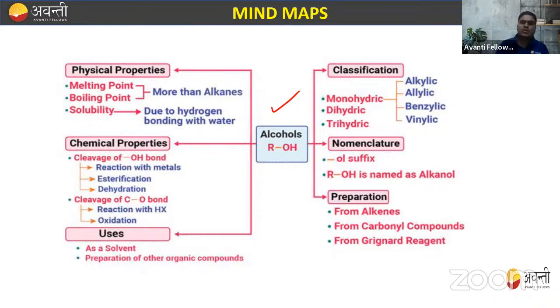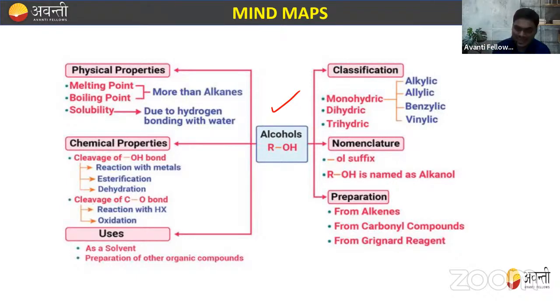So in breaking of OH bond, we react with the metals, esterification, dehydration. Similarly, in the breaking of CO bond, we study about the oxidation and the reaction with the HCl, or we say HBr, all these things. Use. So we use alcohol as a solvent, a very good solvent, and in the preparation of other organic compounds. Classification, if I do, so monohydric alcohol is also classified into four types, that is allylic, alkylic,